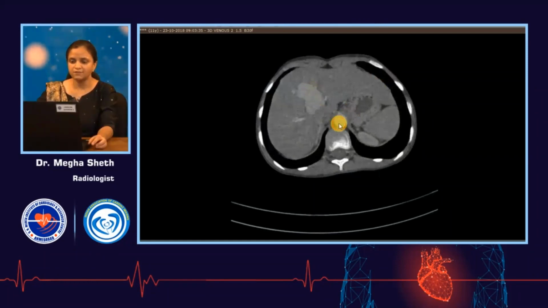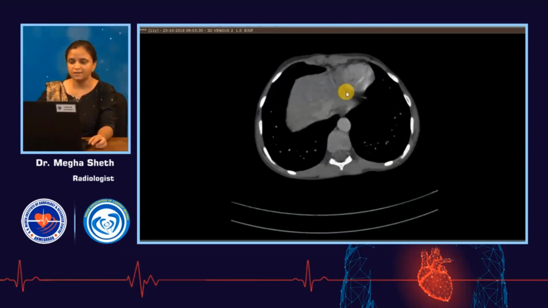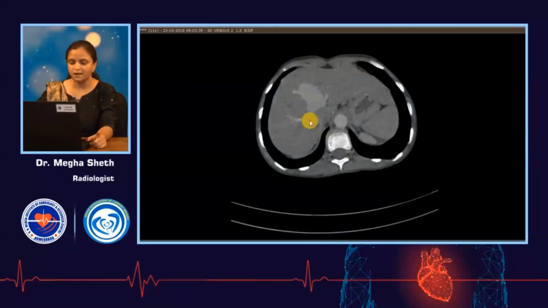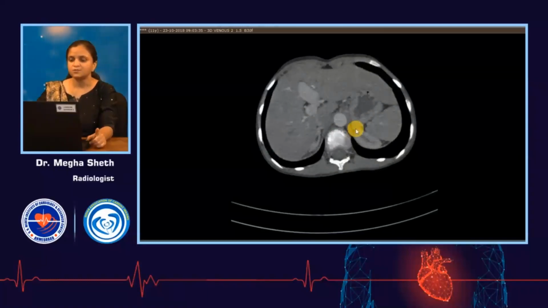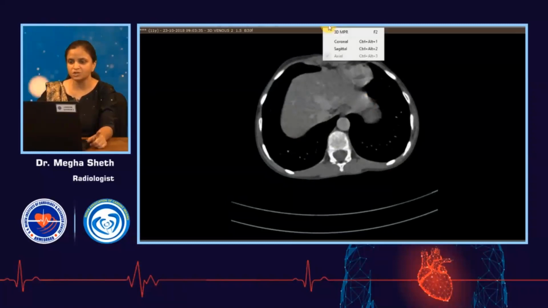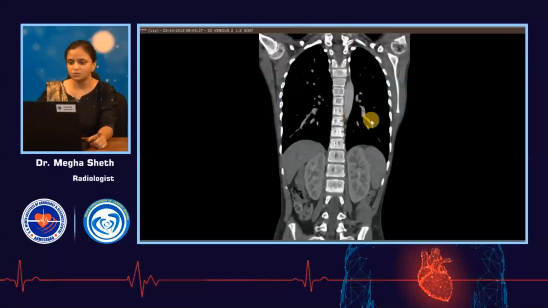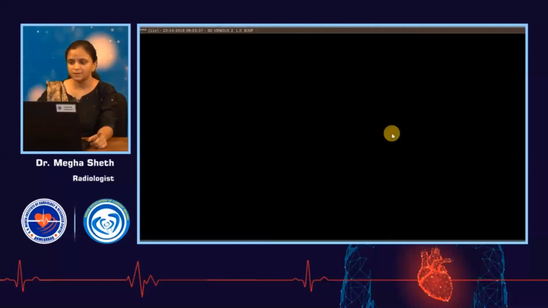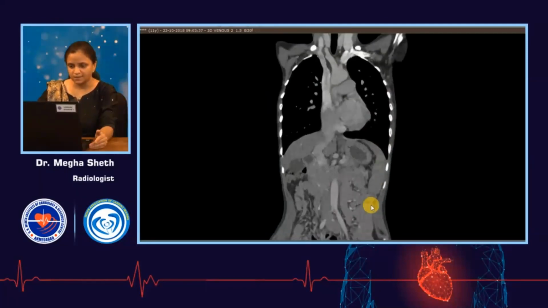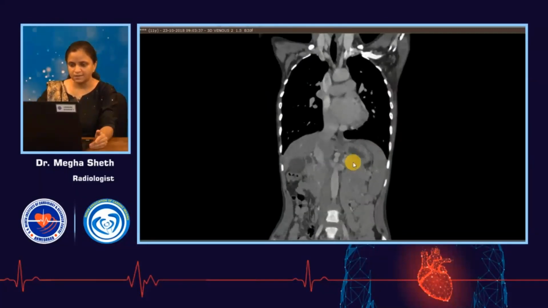This is the left branch of portal vein, and here we see a communication with hepatic vein. This is the left hepatic vein, right hepatic vein, this is the right branch of portal vein. So this is a ductus venosus type of portosystemic shunt. Again I'll show you in coronal section. See, this is the portal vein, this is the aorta. See, this is